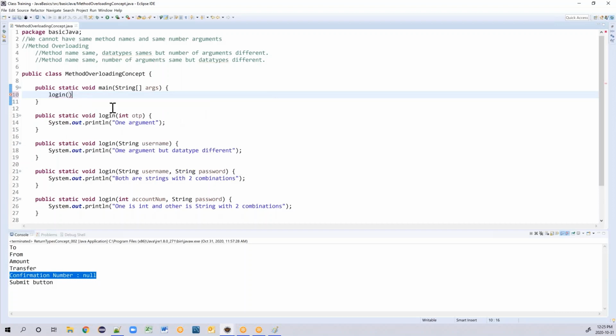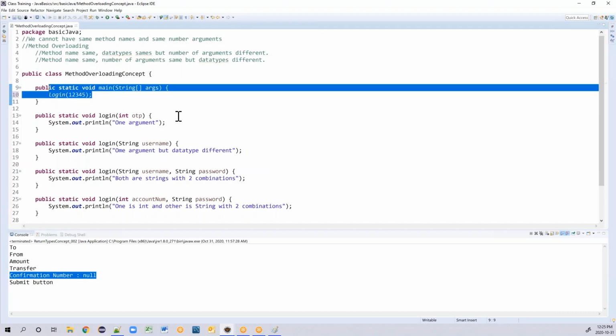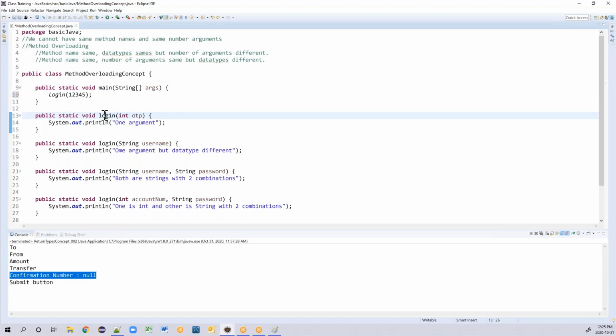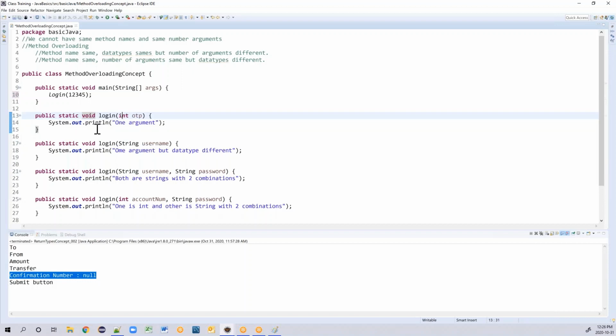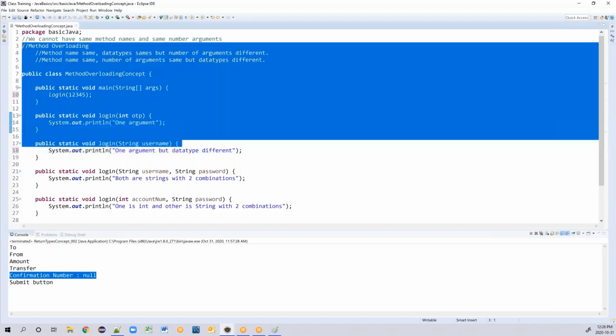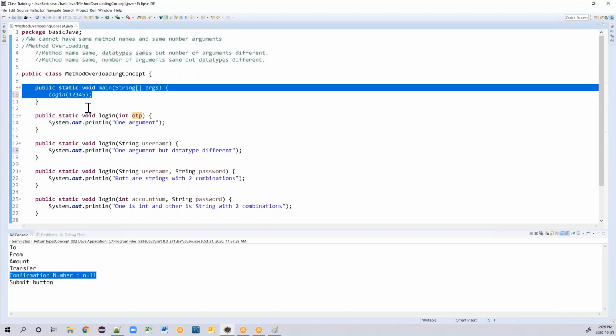What if you haven't selected any of these? Suppose I know that this will accept the integer, so it will call only this method. That means this method is overloaded on login, login and login. Only that particular method is called. You can have multiple methods with the same name but different arguments and data types, but whenever you call, it will go to whichever method matches the arguments you passed.